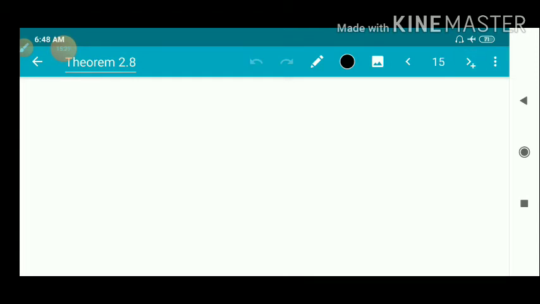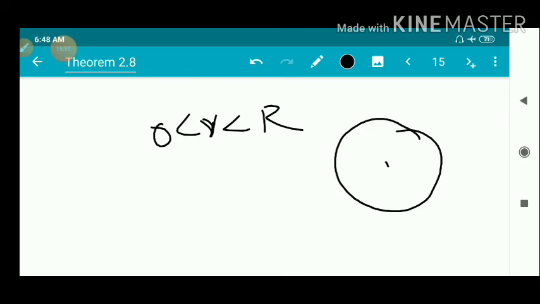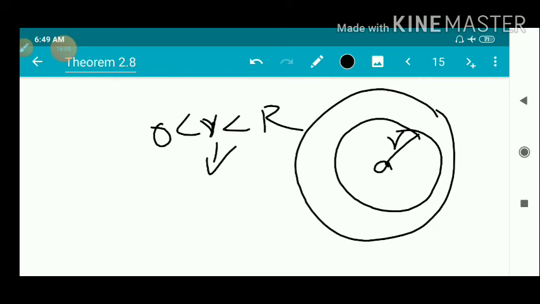And now we take 0 less than r less than capital R. Now we have been given the result, that is, the radius of convergence is the radius of the largest circle at which the power series converges. We prove that the power series converges on a disk with center a and radius r. So this r is arbitrary. This is true for any r less than capital R.